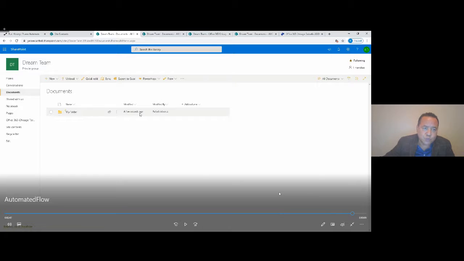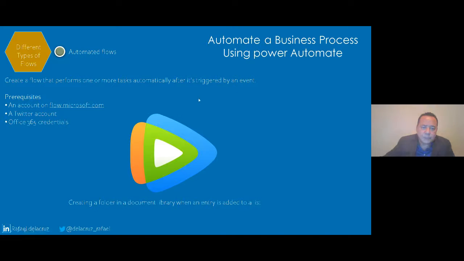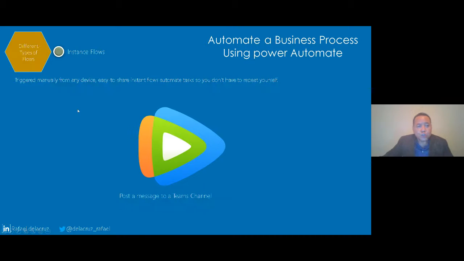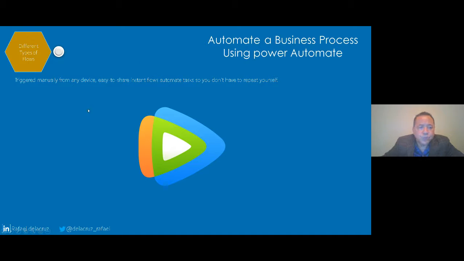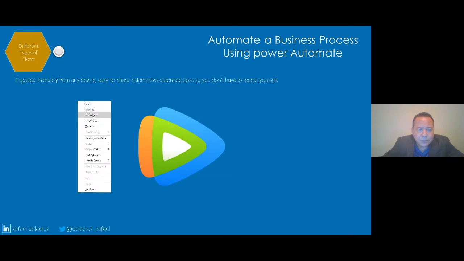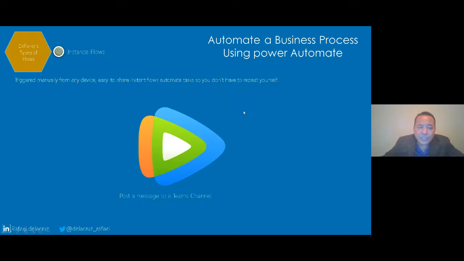So this is just one flow that we can create. Let me go back here, close this. So the next flow is the one that, let me just do this to make sure that I'm not going to previews. So this is in previews here. Okay, so the automated flow. Now the next one is